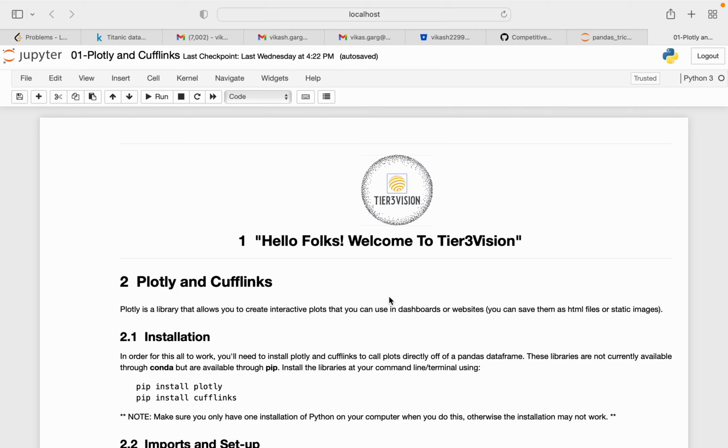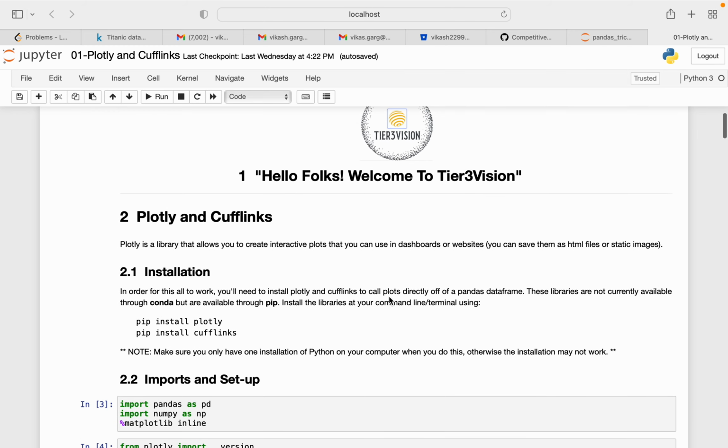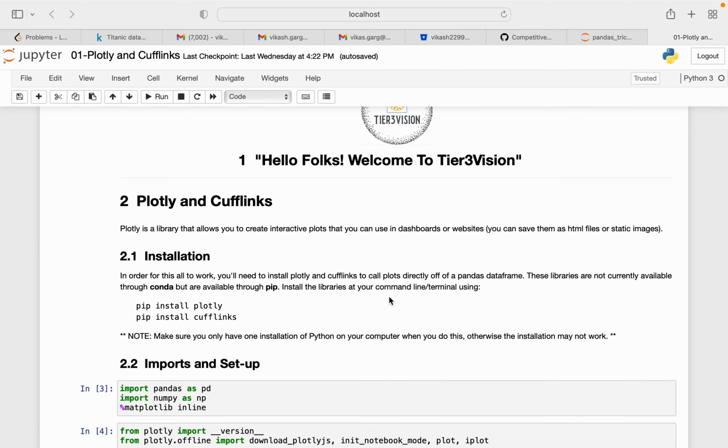Plotly basically is a library that allows you to create interactive plots that you can use in a dashboard or any sort of website. You can also save them as static HTML pages, or you can say images. Installation is easy. If you're using an Anaconda environment, like I am, you can do conda install Plotly and conda install Cufflinks.